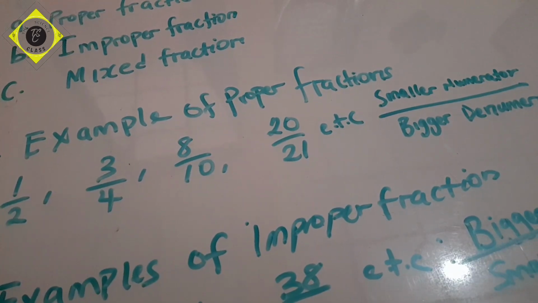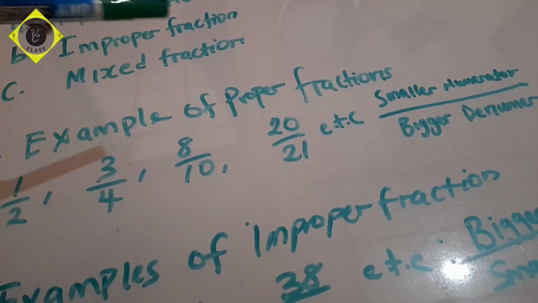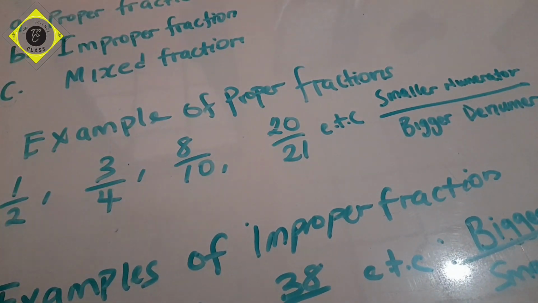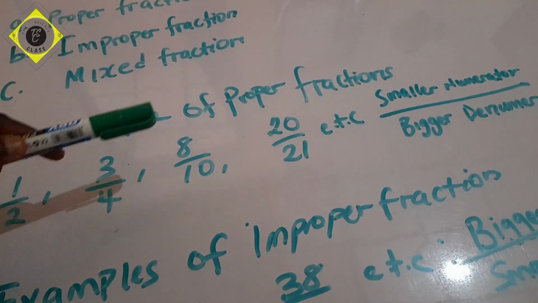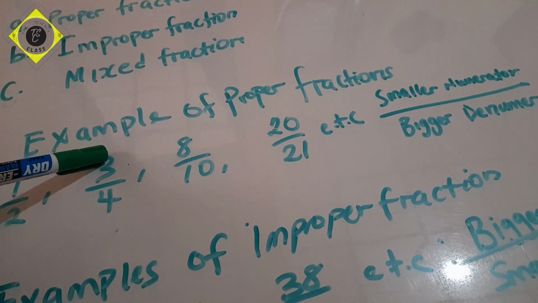Now, the first type of fraction is the proper fraction. Examples of proper fractions are 1 over 2, 3 over 4, 8 over 10, 20 over 21, etc. Here, notice smaller numerators and bigger denominators. Numerators are the numbers on top of the fraction, such as this 3,